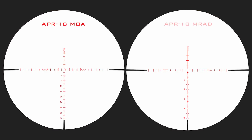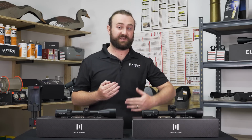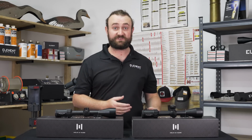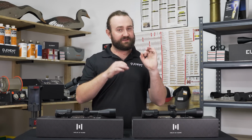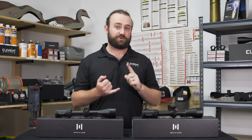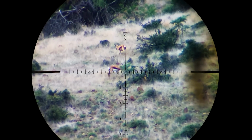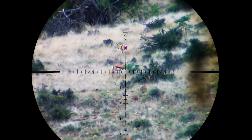The HDLR offers APR or all-purpose reticles, and they're a little bit more straightforward. They subtend at 16 times and are available in MOA or MRAD. If you're familiar with the APR reticles in most of our other scopes, you'll know how they work. There's a floating center dot which allows you to get nice and precise on target. You've got hold points in mil or MOA,